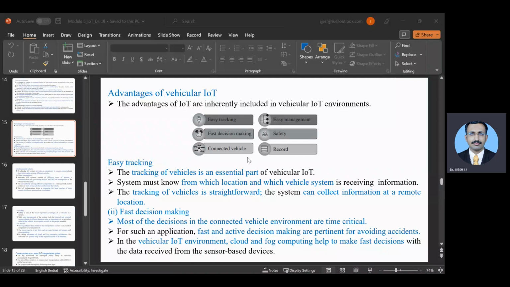I don't know whether you have come across this situation. If you are traveling after 9 o'clock in a car, in some places people will simply come and jump in front of your car. They may not be psychologically strong, so they simply come in front of the car and pretend as if the car has hit them. So what is it that you will have to do to protect yourself?